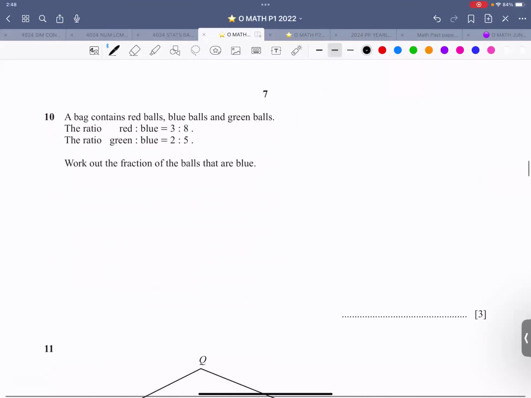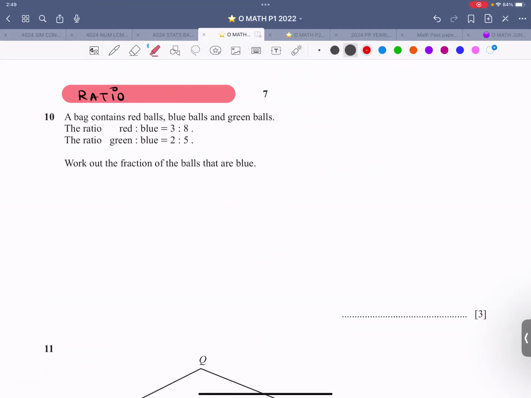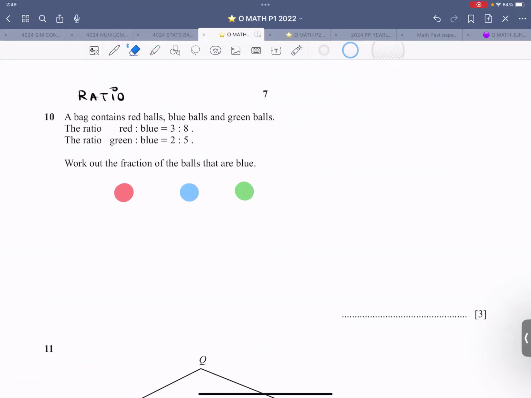Question number 10. This looks like a fraction question, but a nice one. So this is like a ratio question. Instead of fraction, let's call it ratio. Now the thing is, a bag contains red, blue, and green balls. So there is red, there is blue, and there is green ball. So let me just remove this color and let me make it purple. So now these are the three kinds of balls we have, and the ratio of red is to blue